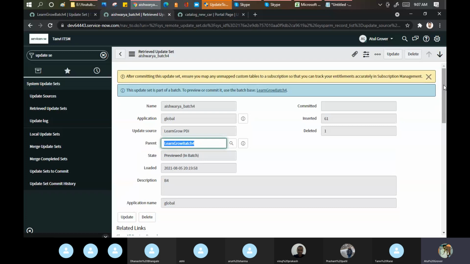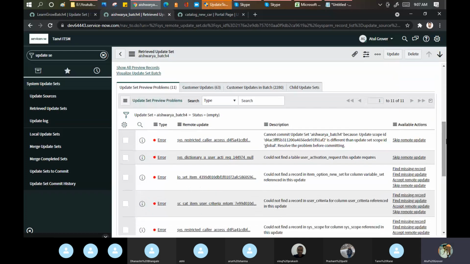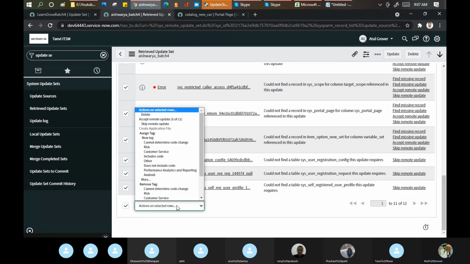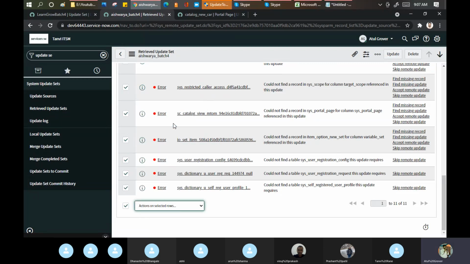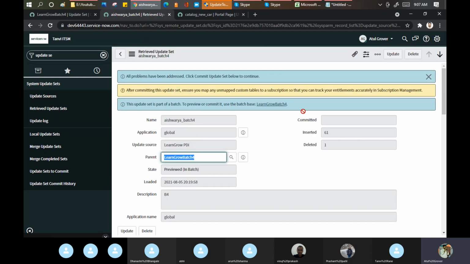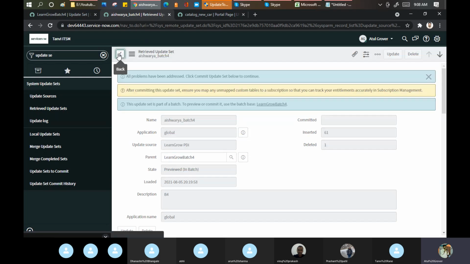Okay, so now we have to take a decision on all these catalog items, what to do. So let me do this. Select and click here. Skip. By skipping, maybe few things will work for Aishwarya or not. Now let's go back.